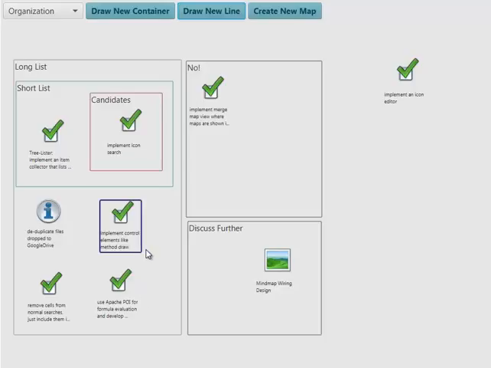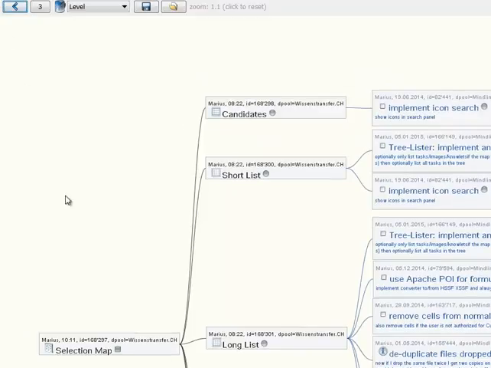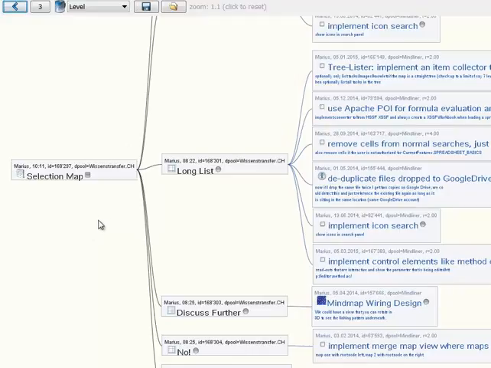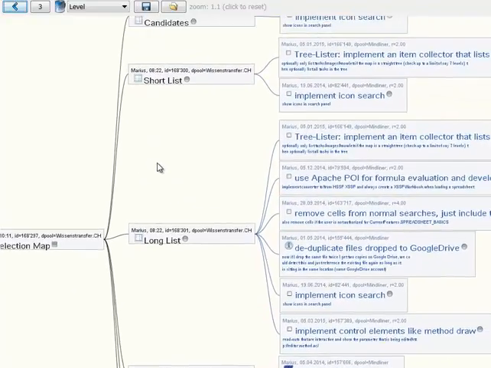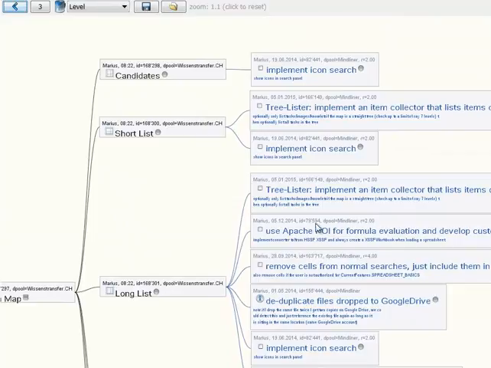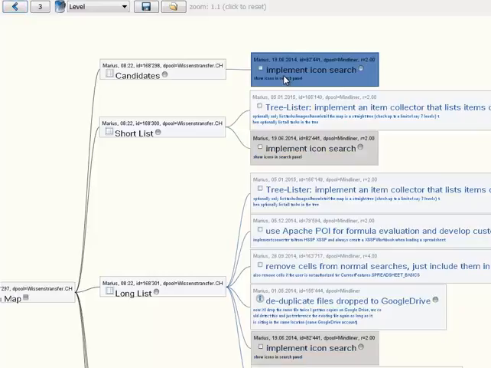What this means I show you in the mind map view. So I switch to the mind map view, and now you see here the same data structure and the same data in the form of a mind map. So for example, if I choose one of these tasks, for example, implement icon search, you see that this object is now part of 3 containers. It's the candidate, it's on the short list, and it has been on the long list. So let's go back to the